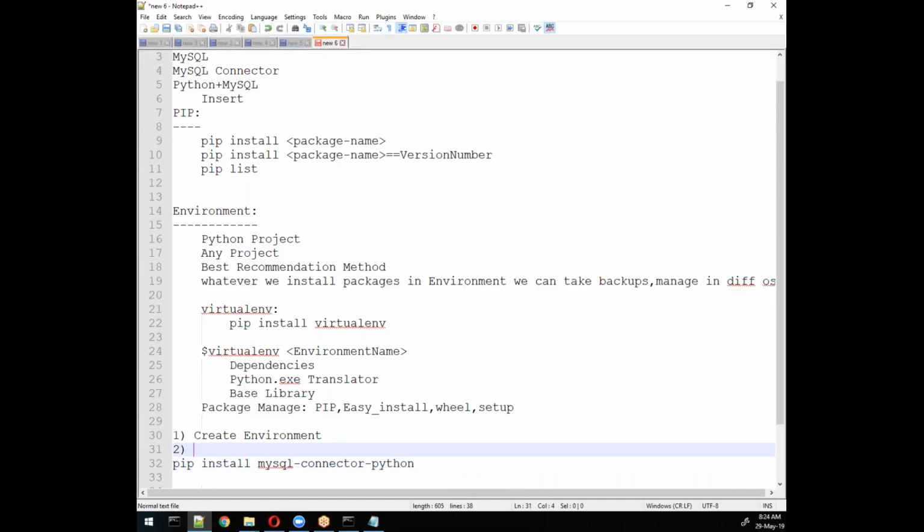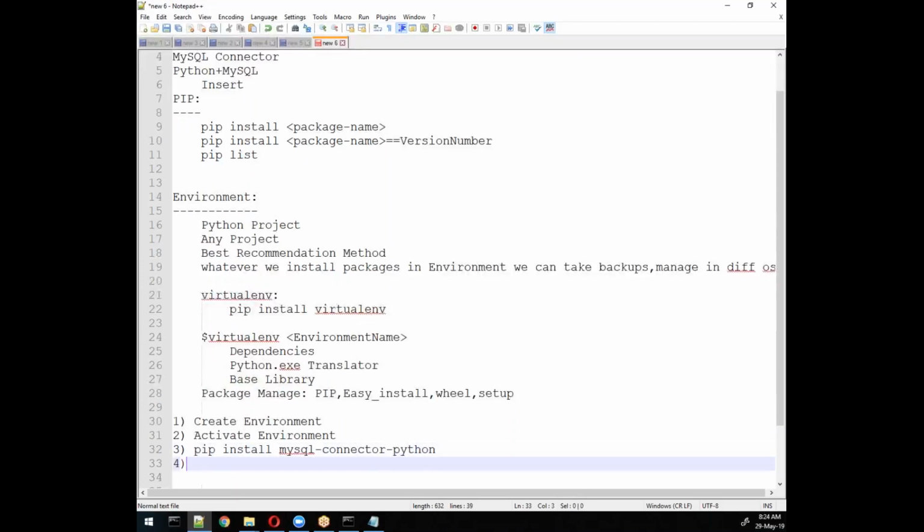Sorry, before that we need to activate that environment, right? Activate environment. Whenever you install any package through pip, it will come under this environment. If you have not activated it, it will come under the global environment, remember. So you need to activate that, and then install whatever library you require.